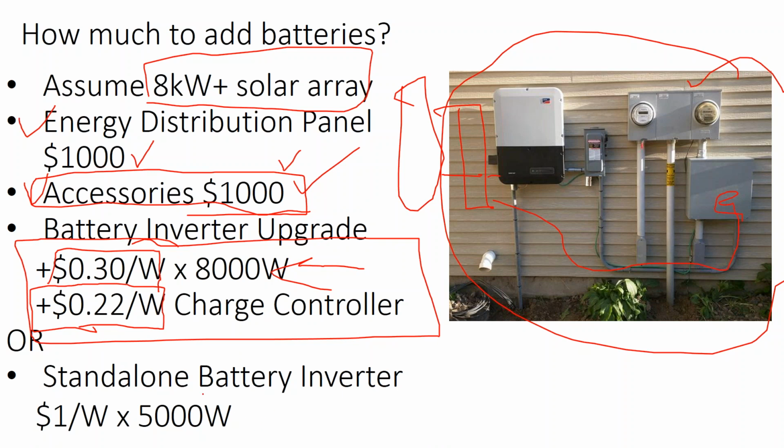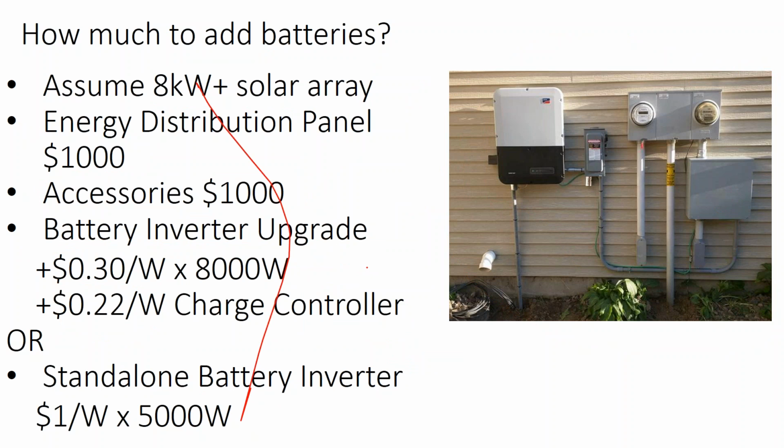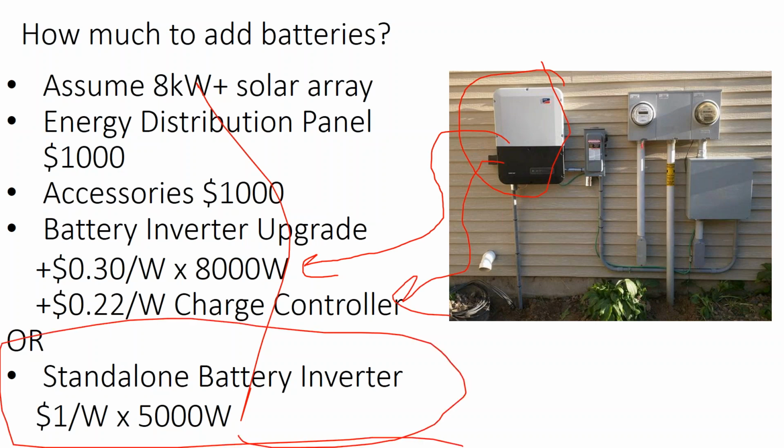Or you buy a separate standalone. So I guess what these bullet points are saying is that either I could take my current batteryless inverter and upgrade it to a battery inverter plus a charge controller, or I would have to buy a standalone battery inverter that's large and that is separate from my existing system. And so that's going to cost me about $1 a watt,